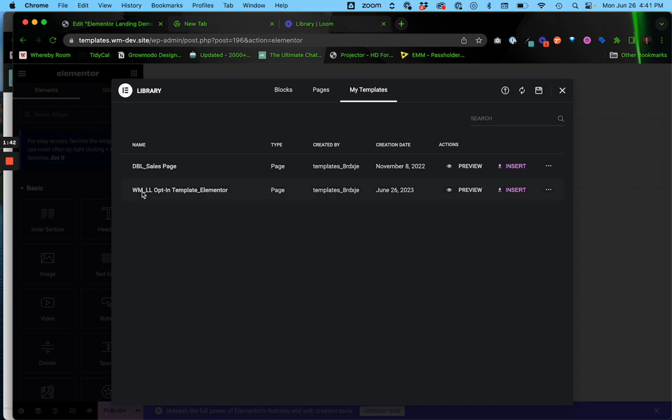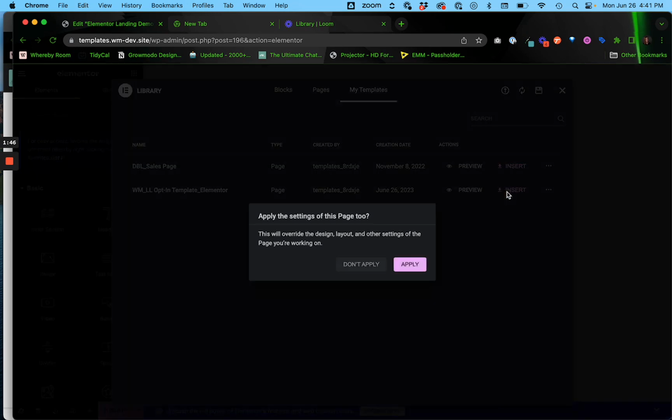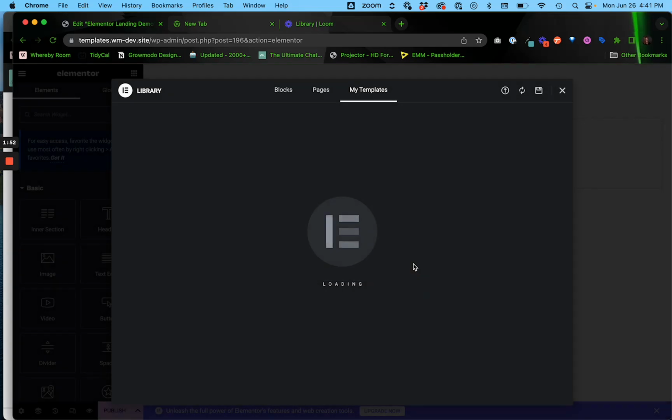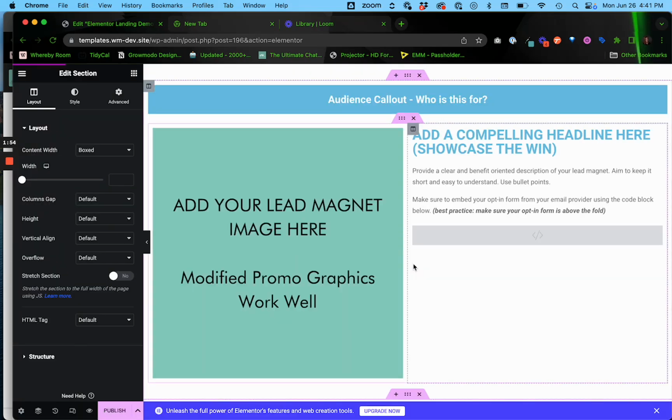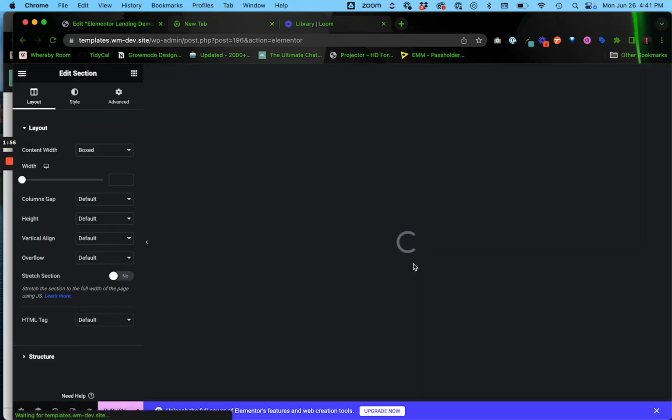So now I'm going to find my opt-in template, and I'm going to click Insert. And this will override the design, layout, and other settings of the page we're working on. I'm going to click Apply. And now, as you can see,